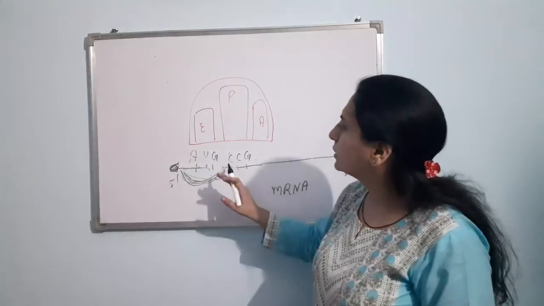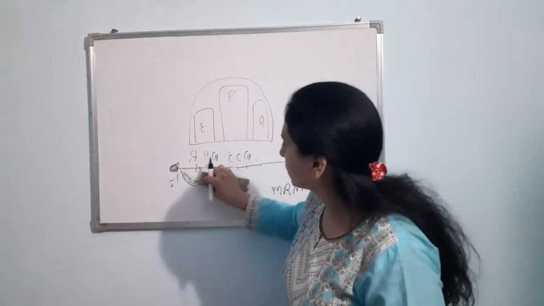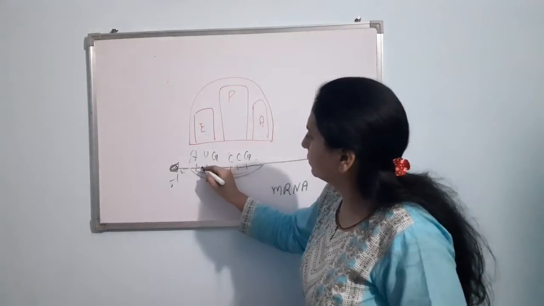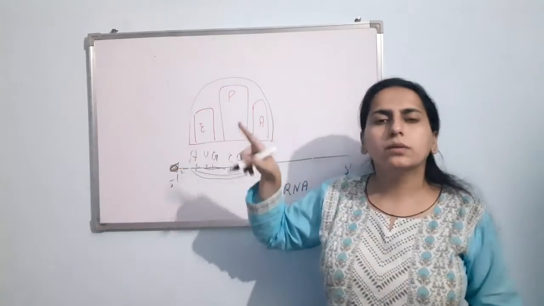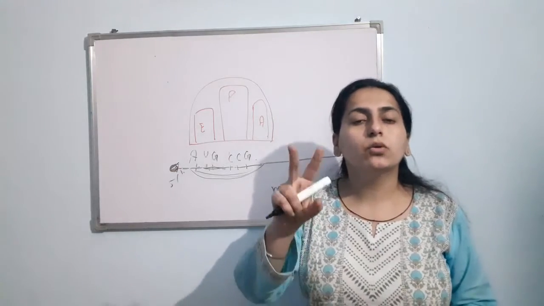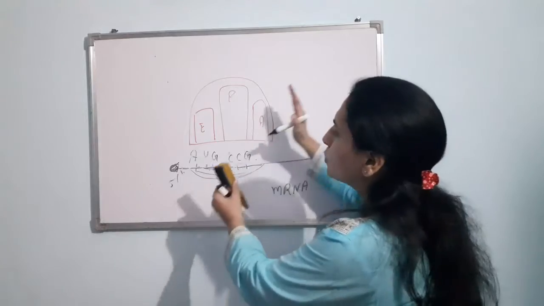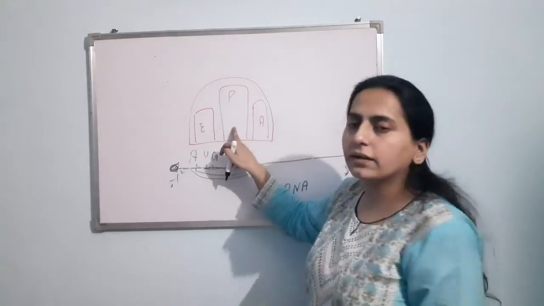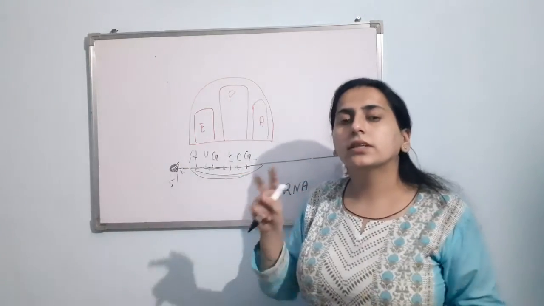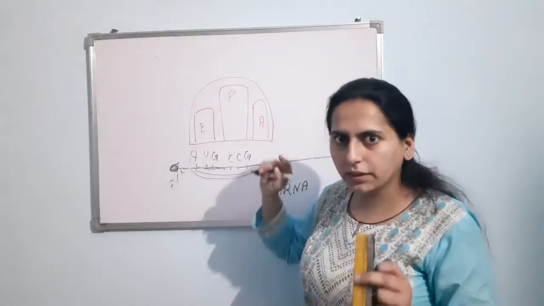And obviously the mRNA is attached, so mRNA is also moving. The smaller subunit is also moving. Now, I told you in the previous diagram that the charged tRNA having the 2 amino acids, if you do remember, was in the A site. But now as it has moved one step ahead, it will come in the P site. Am I clear with this?